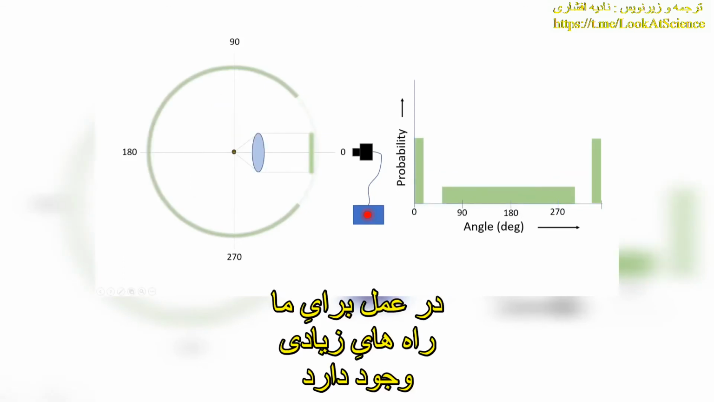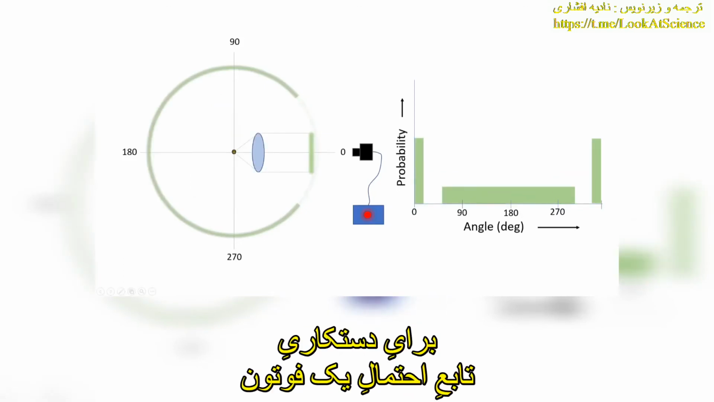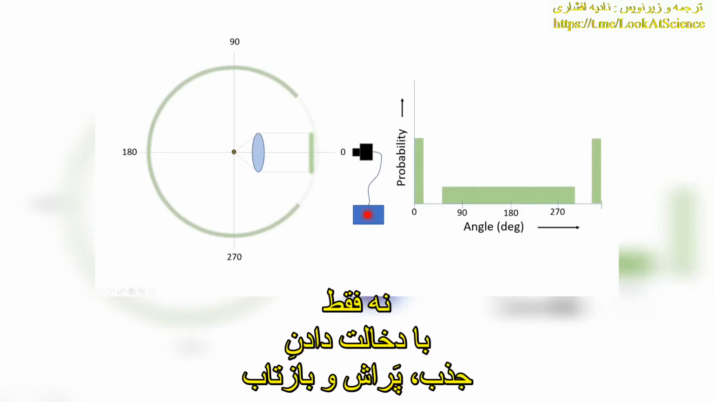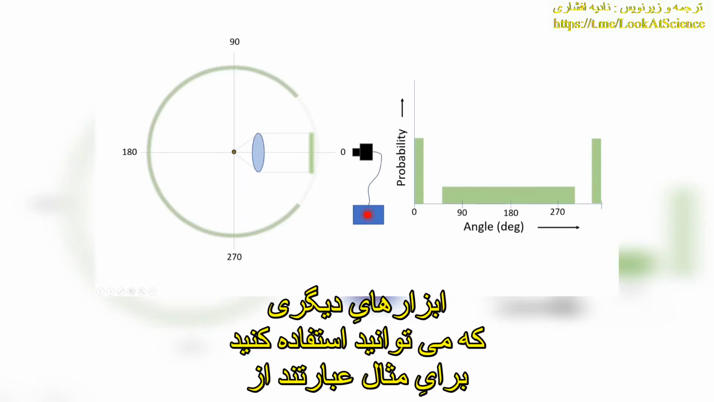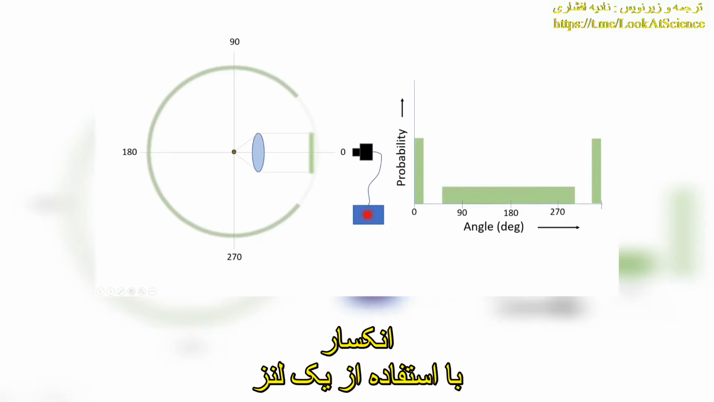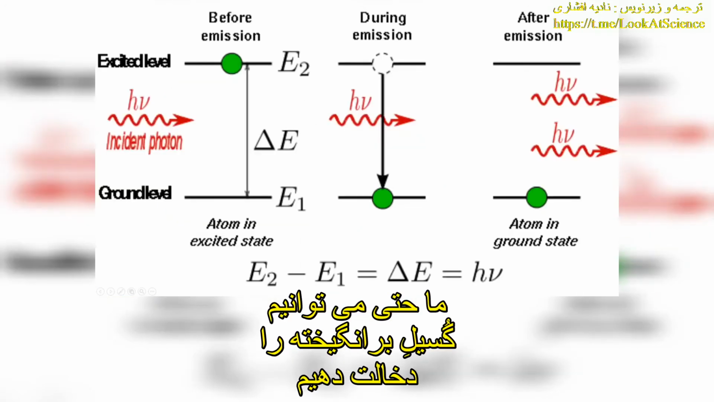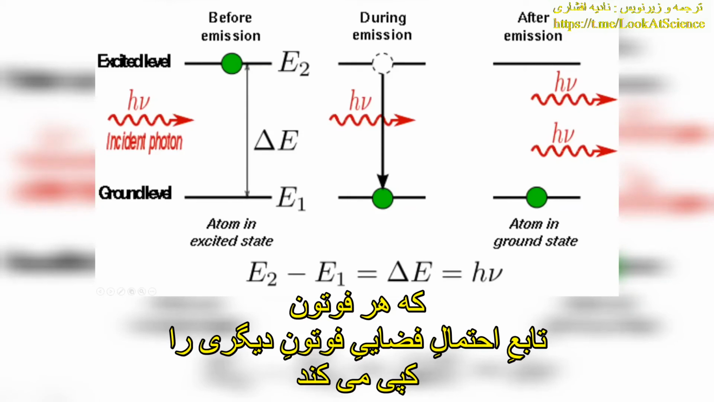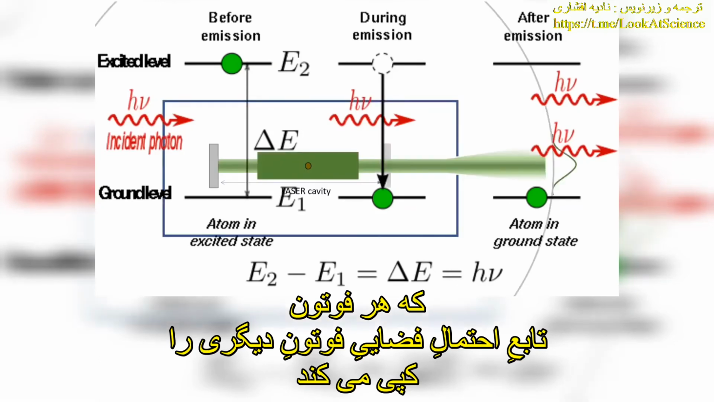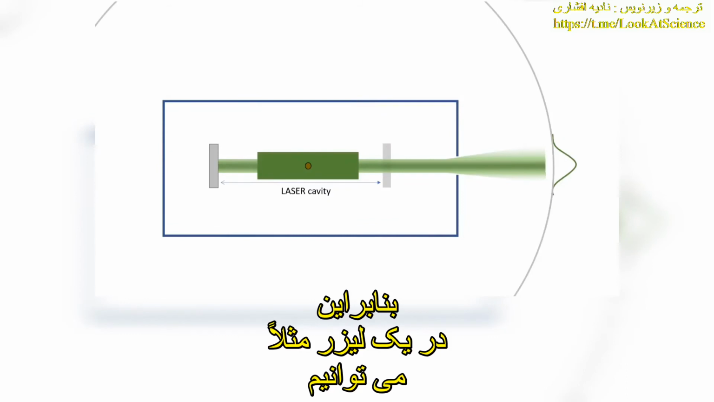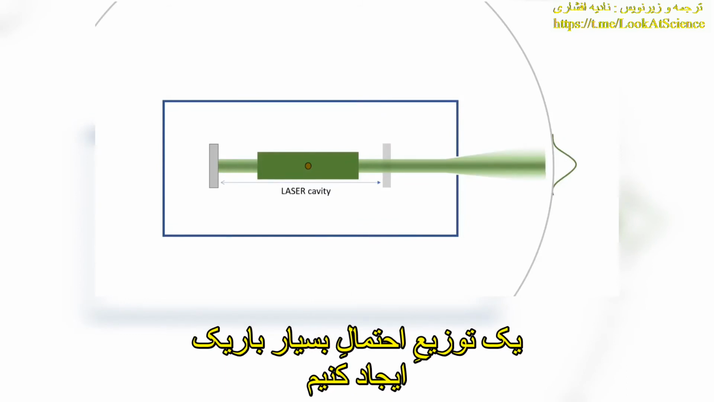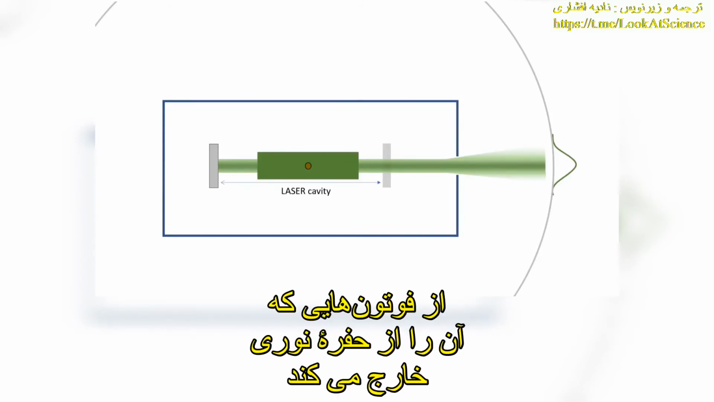There are actually many ways for us to manipulate the probability function of a photon, not just by introducing absorption, diffraction and reflection. Other tools that you can use are, for example, refraction, by using a lens or by using a polarizer. And we can even introduce stimulated emission, where each photon copies the spatial probability function of another photon. So in a laser, for example, we can create a very narrow probability distribution of photons that make it out